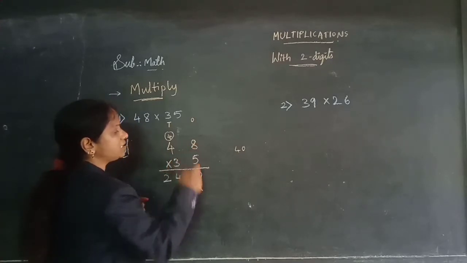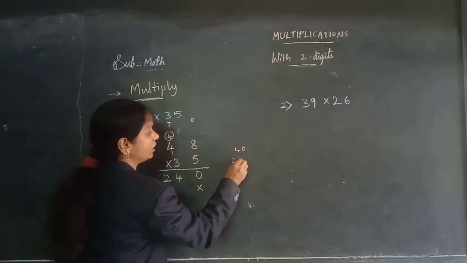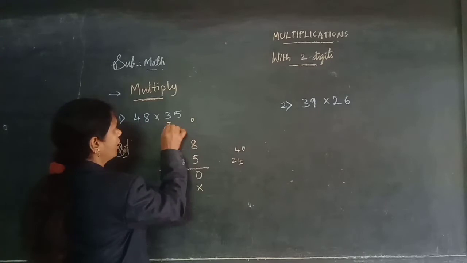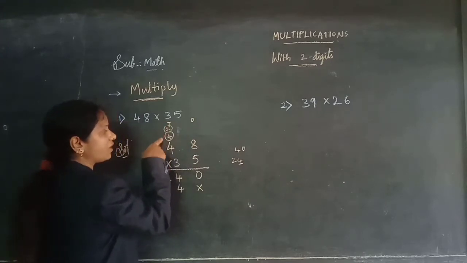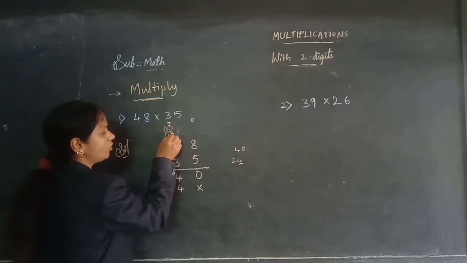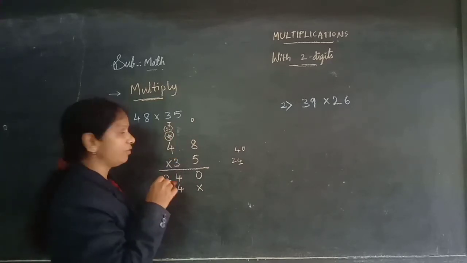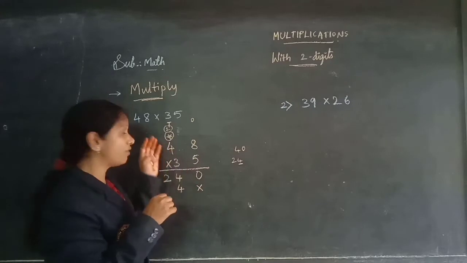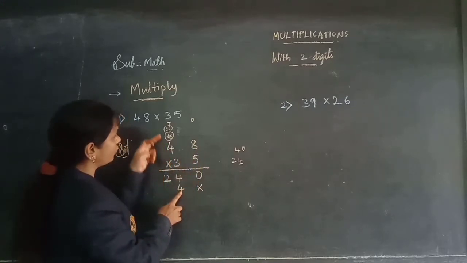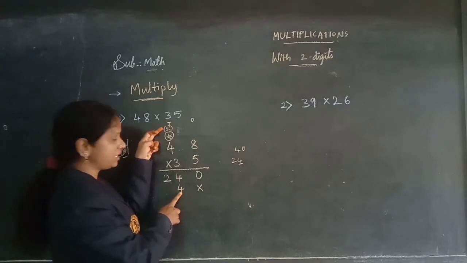Okay. Now 3 8s are 24, children. 24 means 4 here and 2 carry. And here you will get confusion while you are adding the carry, children. So better to cancel this carry after adding here. Now 3 8s are 24, so 4 here and 2 I put as the carry here.